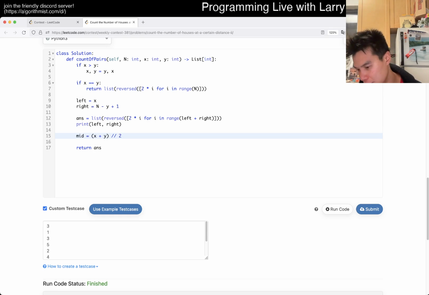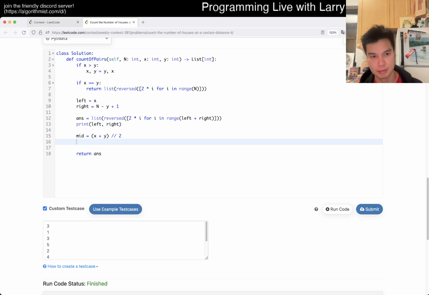And now it just becomes things on the left to the middle, right? Which is, how do I do that? What is the pattern for that? What does that mean? That means that you have left to mid is the number of things, and then